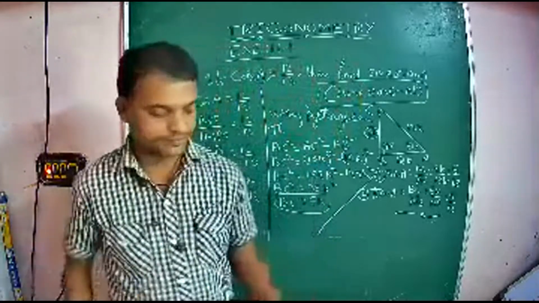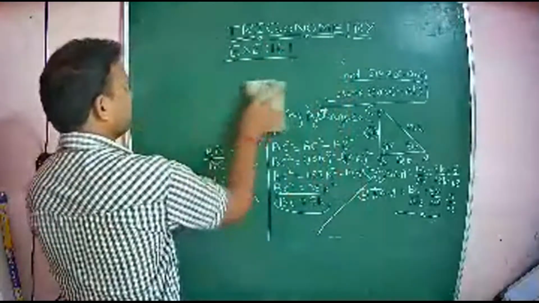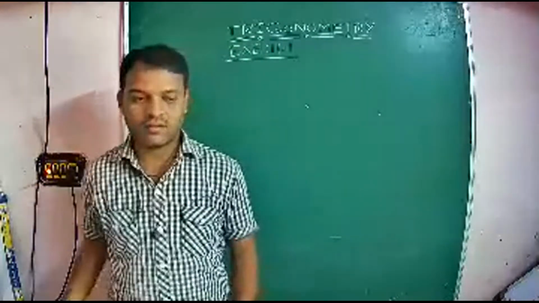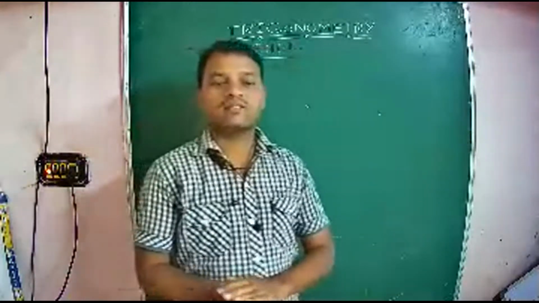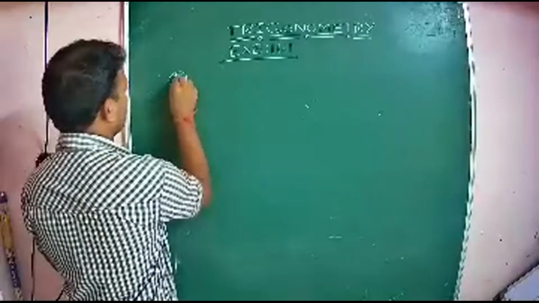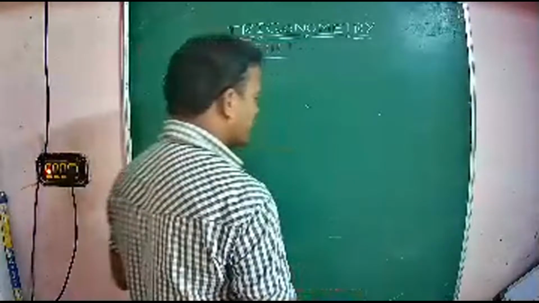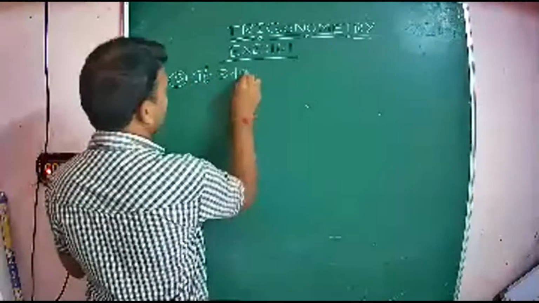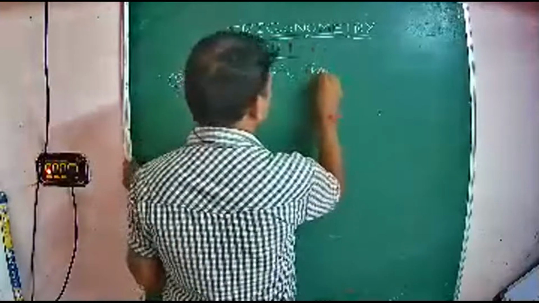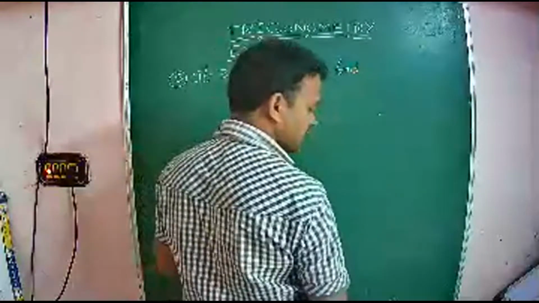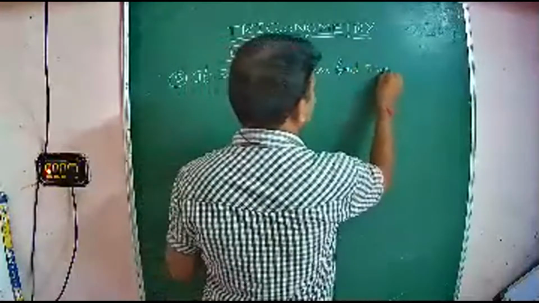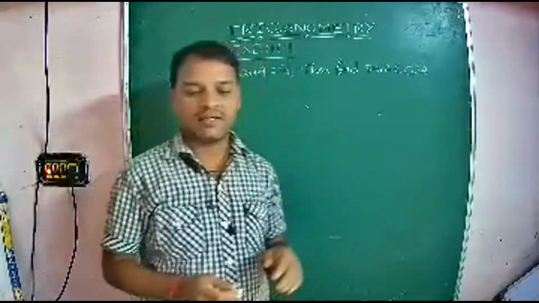Fifth one is, right, so the next fifth question is: if 3 tan a is equal to 4, then find sin a and cos a, sin a and cos a. But using a triangle,